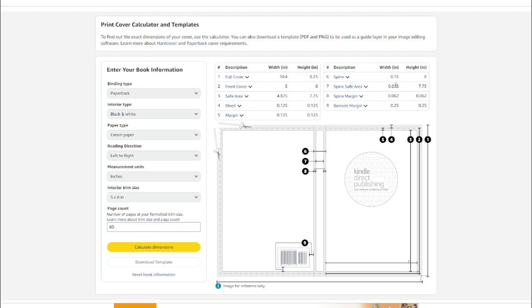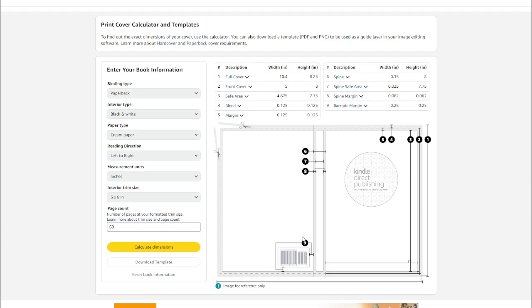A 40th of an inch? That's not particularly helpful. Then we've got spine margins. Those are 0.62, which would be a 16th of an inch? Something like that. We've got a barcode margin, which means that there's going to be this barcode and you should have a quarter inch of